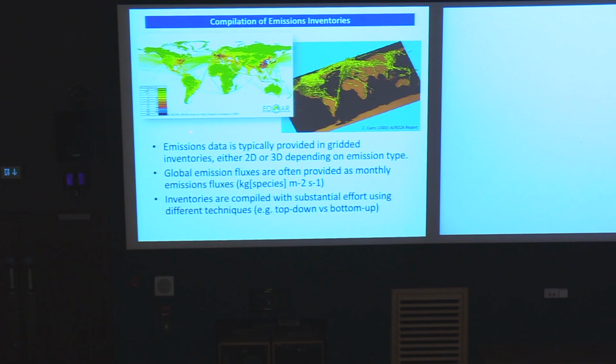What we're seeing here, an example on the left, are anthropogenic CO2 fluxes from EDGAR with a geographical distribution. You can see that the warm colors are in regions of high population density and associated high fossil fuel usage.